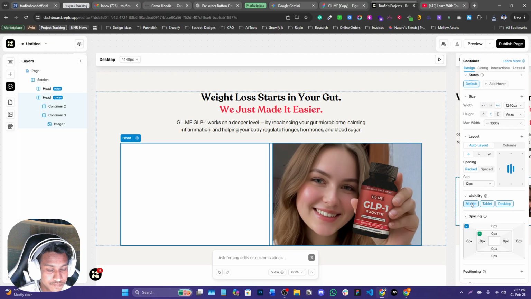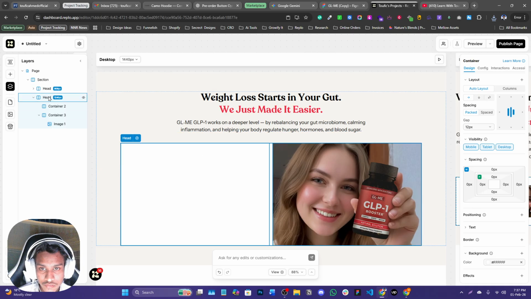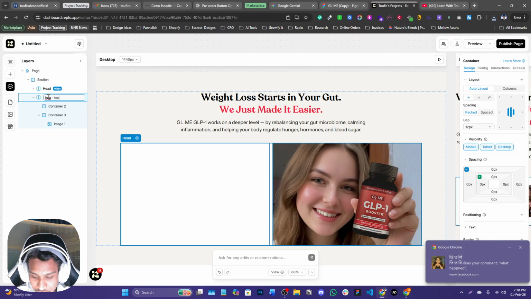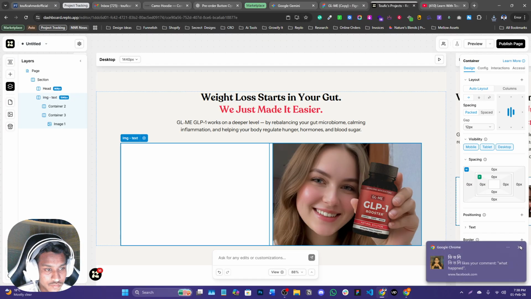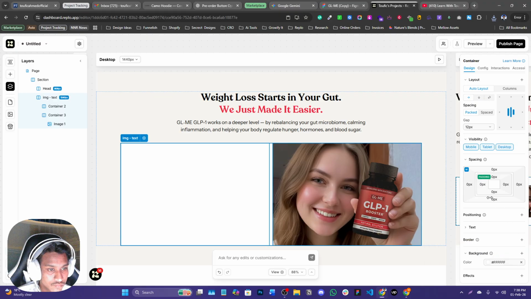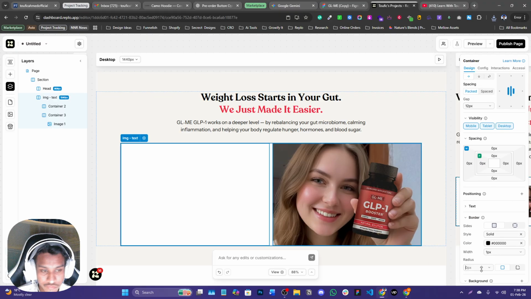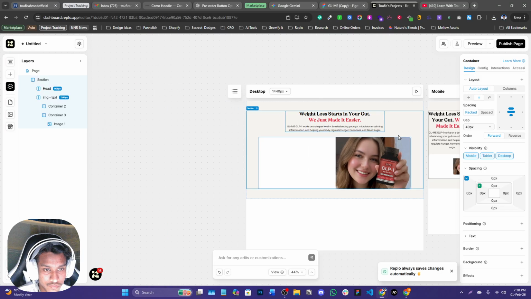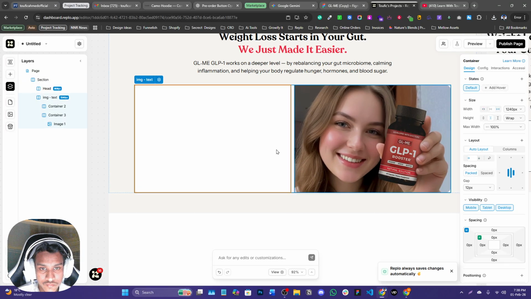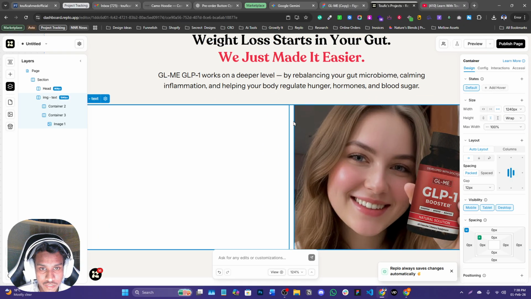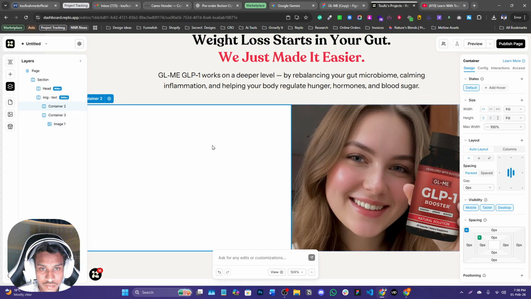Let's go to this one, the image text. Go here, 24 pixel border radius, and keep it none, so it will be an automatic border radius. Okay, done. Now we can give it a padding, but we will reduce it here, and here we will give it